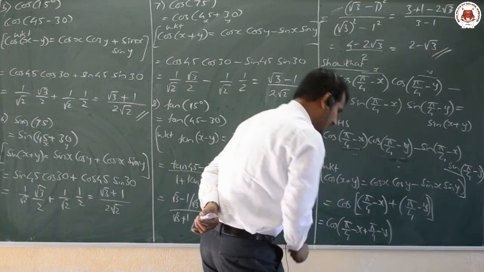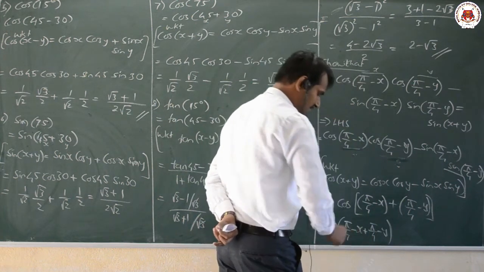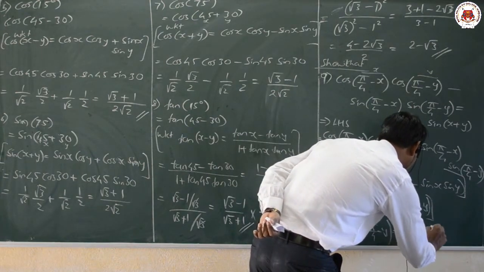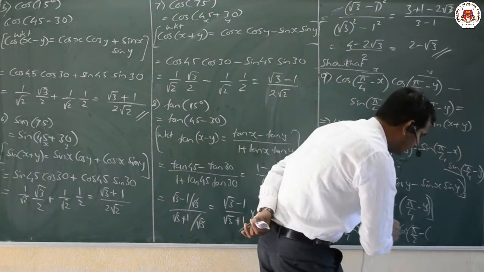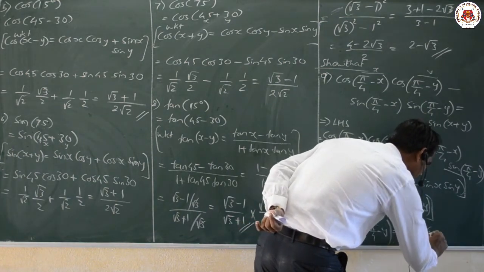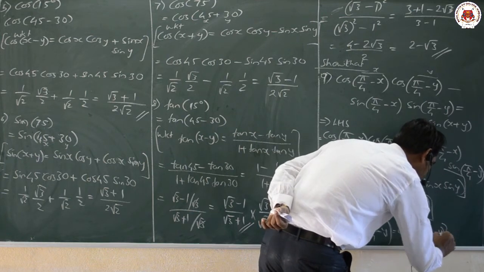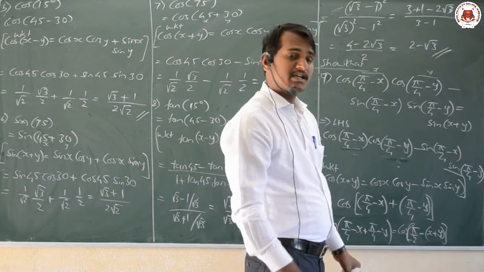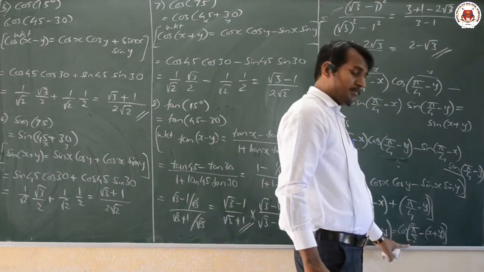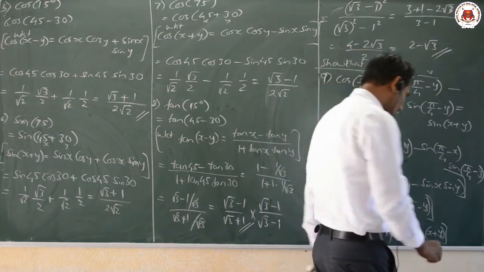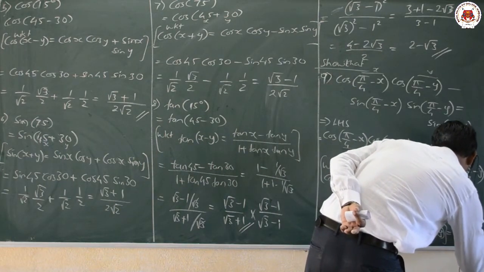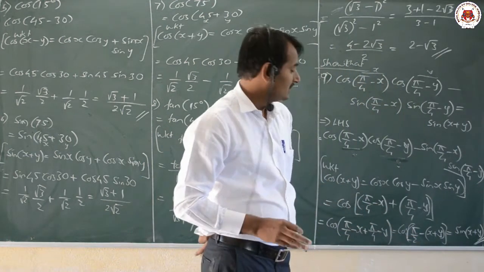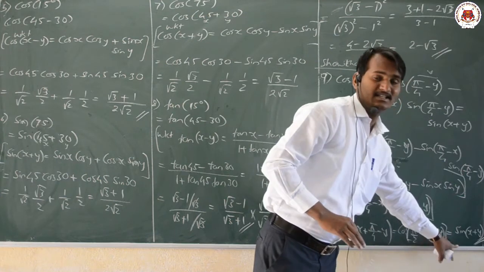Now we can observe pi by 4 plus pi by 4, what is the value? That is nothing but cos of pi by 2 minus of x plus y, because if I take minus common I get x plus y here. What is it? Cos of 90 minus theta. Cos of 90 minus theta means in the first quadrant cos is positive, but for pi by 2 plus or minus theta, cos changes to sin. Now what we get is sin of x plus y. Dear students, that is nothing but our required answer.